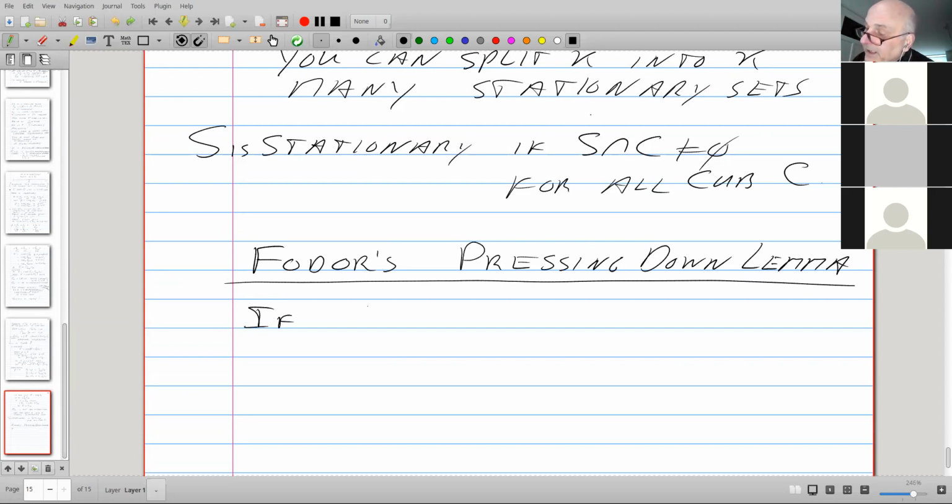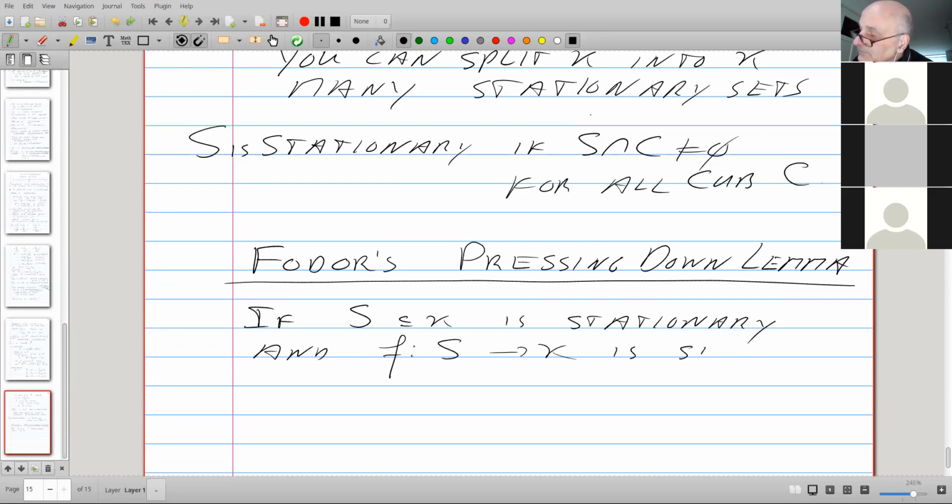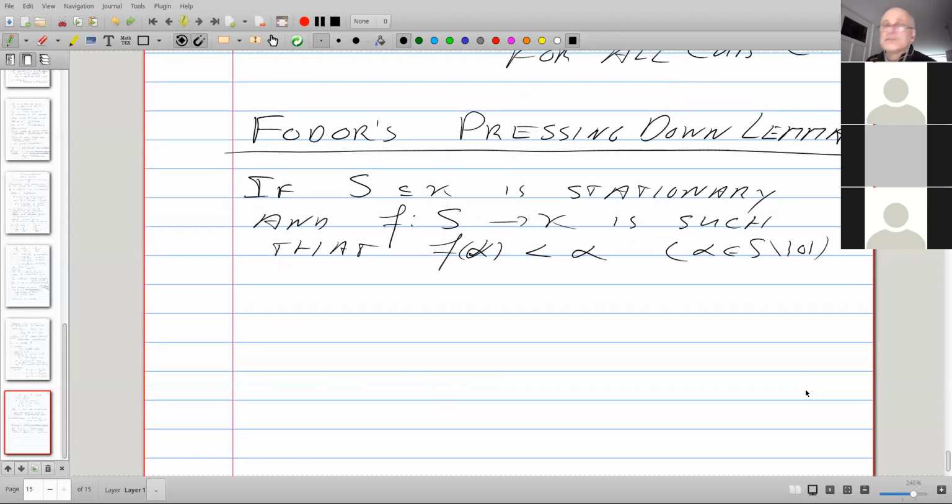If S in kappa is stationary, and F is a regressive function on S, okay, suppose that S doesn't contain 0, or if it contains 0, we forget about this.